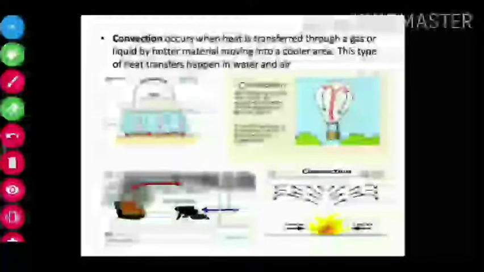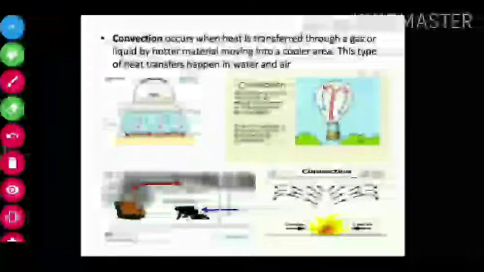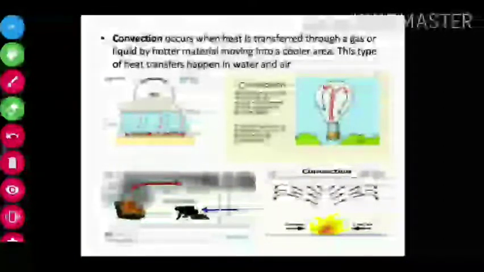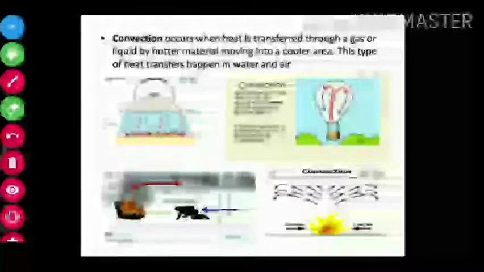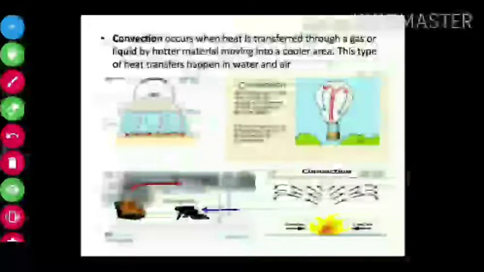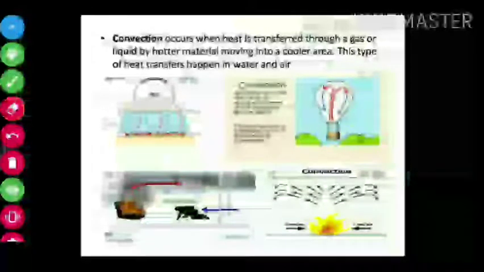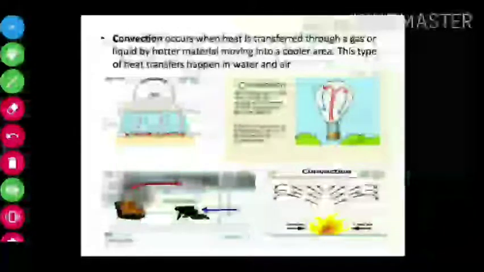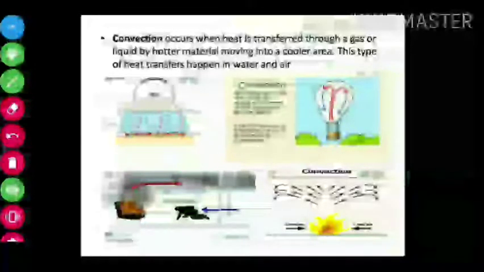Look here. First, you have seen boiling water. When water is boiled, firstly the lower portion of the water boils, or becomes warmer. Look at this kettle. Water is boiling, so the water at the bottom will become hot.